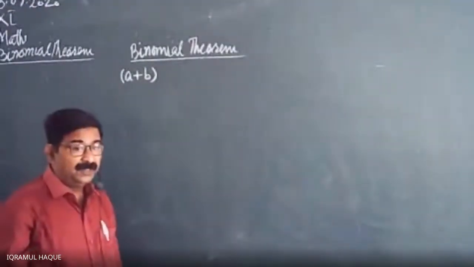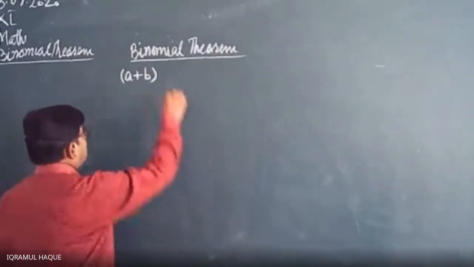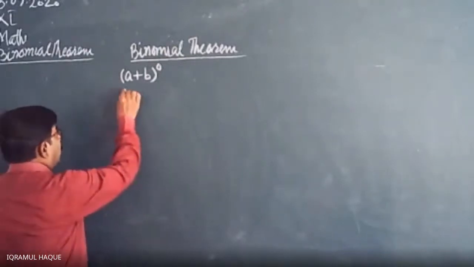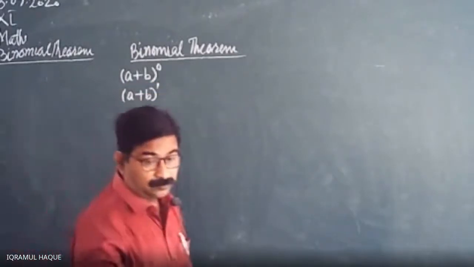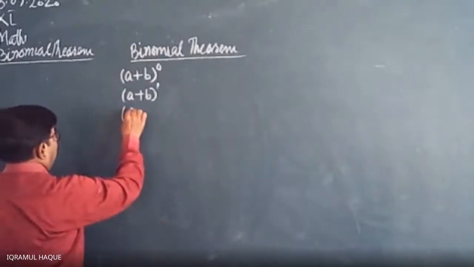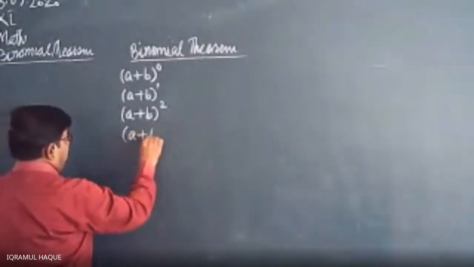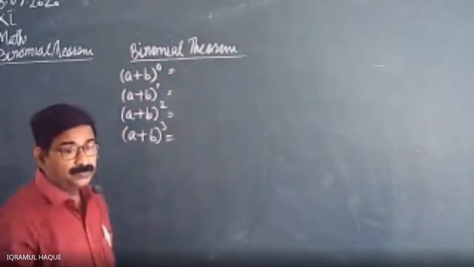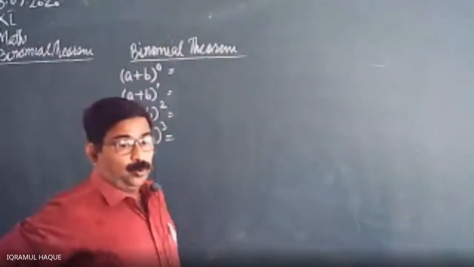A plus b is a binomial, and starting with its exponent 0, or a plus b exponent 1, or we have a plus b exponent 2, a plus b exponent 3, and so on. So we have to learn how to expand,